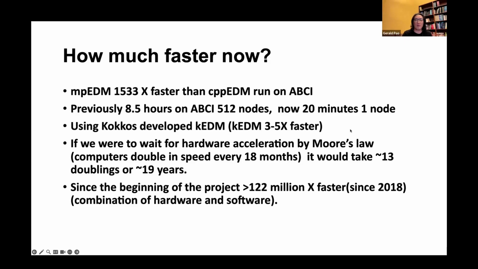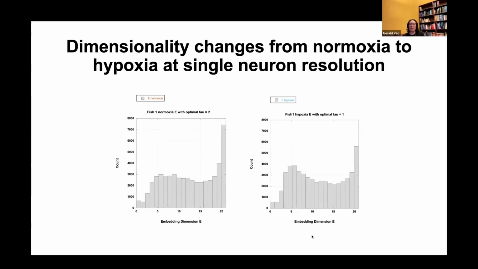So from the beginning of the project, through software improvement and also hardware improvement, we actually got 122 million times faster. The algorithm runs 122 million times faster. So now it's at a level that we can use it for brain scale problems routinely. Okay, so what kind of things can you find out with this? Remember, we can estimate the dimensionality for each neuron. So what you see here is how many neurons have dimension 1, how many have dimension 2, how many have dimension 3, and you can see the distribution of dimensionality across neurons in the brain